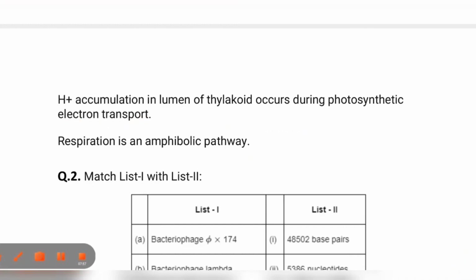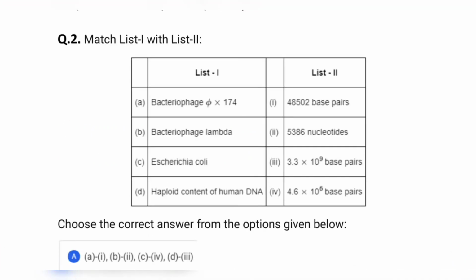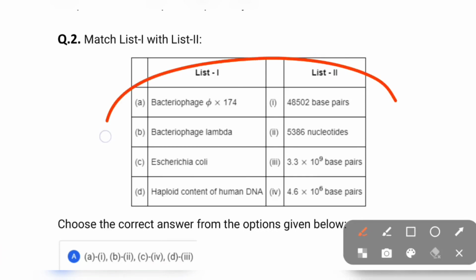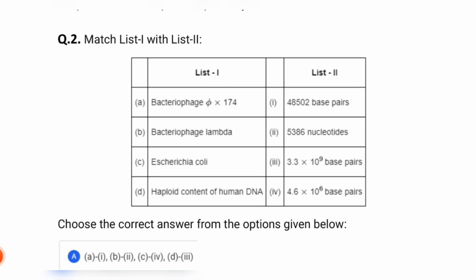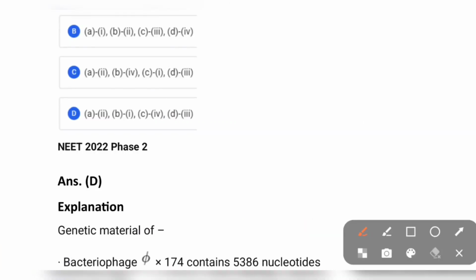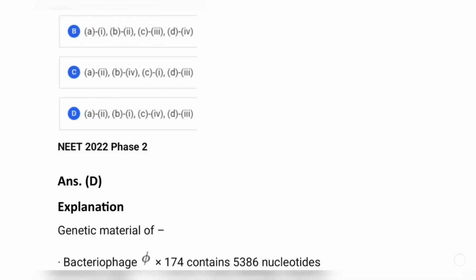Now another we have here, this is your match column, and you have to match these: bacteriophage lambda, Escherichia coli, and haploid content. If you look here, you can easily give the answer. So this is your correct option, and the explanation here we have